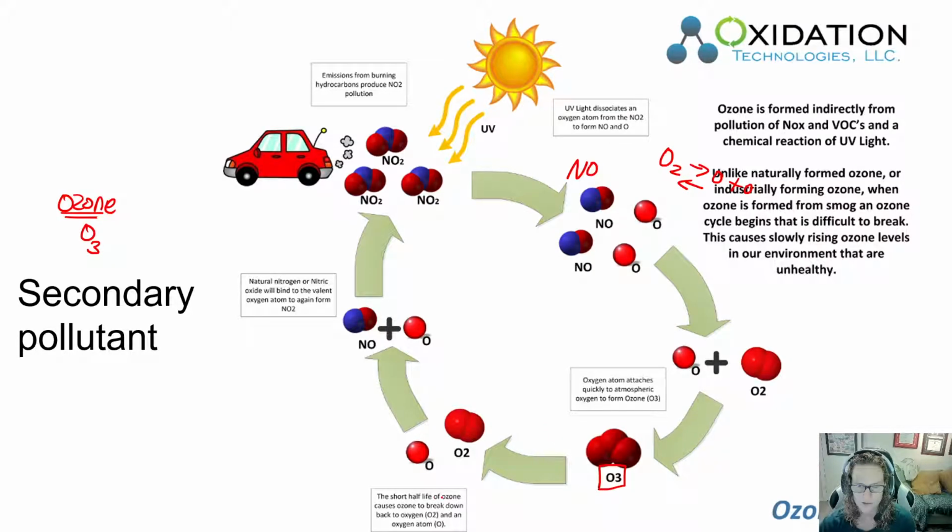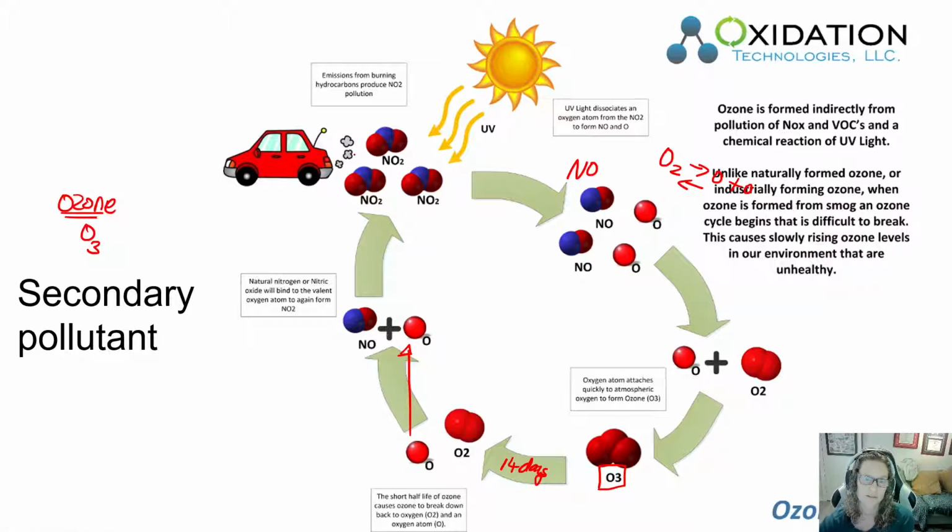And then it has a short half-life. I think we looked it up, it was like 14 days, I believe. So it's hanging around for 14 days and then it breaks apart again. And then this NO molecule will bind with that free radical oxygen and become NO2. And then that NO2 reacts with the sunlight and breaks apart to make this NO, and it just keeps going and going and going. That's the ozone forming and dissociating over and over.